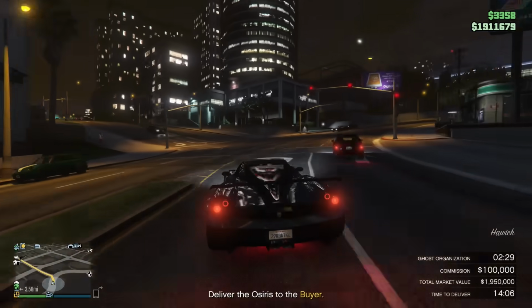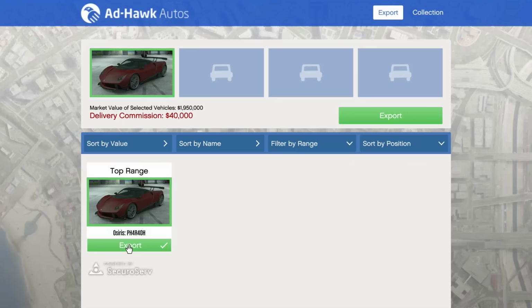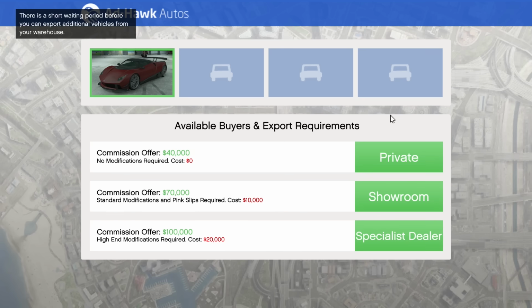So once you're ready to sell your top range vehicle, go to the computer in your vehicle warehouse this time and click on the vehicle that you want to sell. So you can see that there's 3 different people that we can sell it to. We can sell it to a private dealer and we're going to earn $40,000. We can sell it to a showroom dealer and earn $70,000, but we will need to pay $10,000 to modify